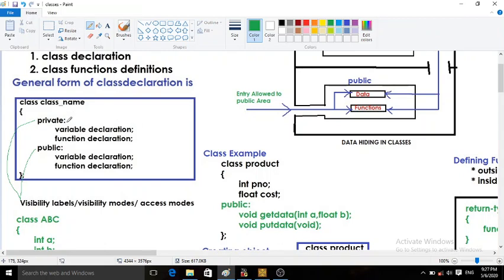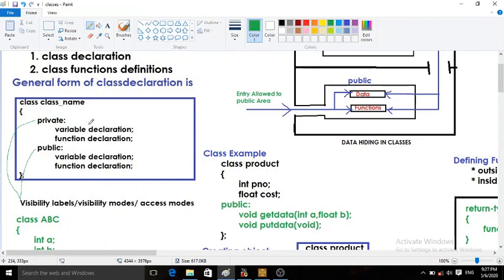The variables which we declare within the class are called data members, while the functions declared within the class are called member functions, and together they are called members of the class. So visibility labels specify the scope for the members, whether data members or member functions.